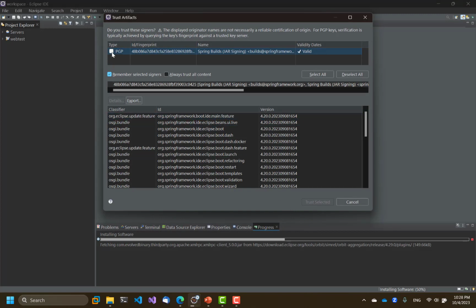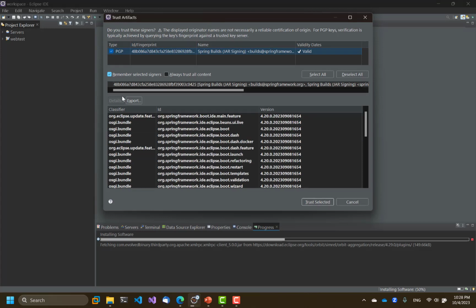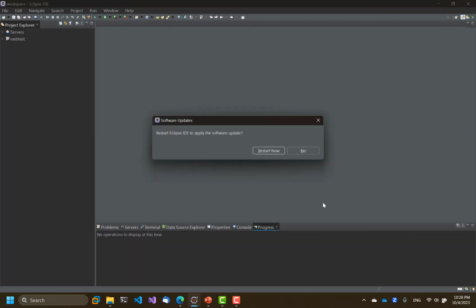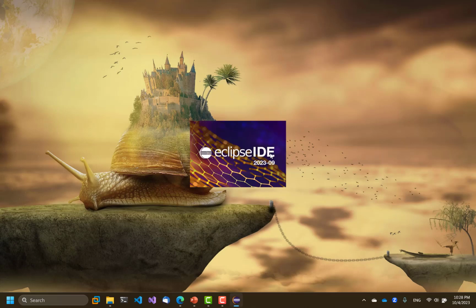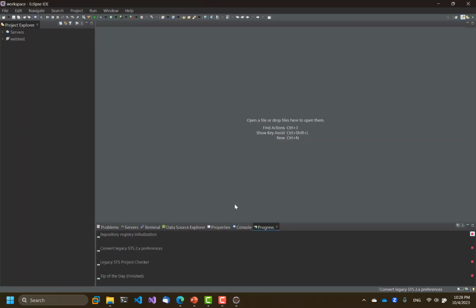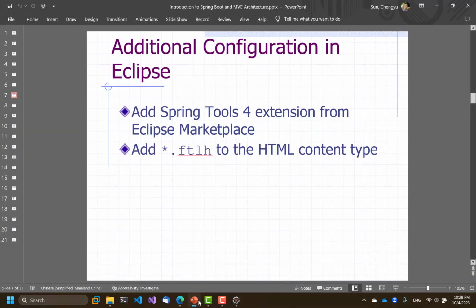We will check again, basically saying we trust this PGP signing key. And finally restart. Okay, so now we have installed the Spring Tools extension, and let's do the second thing, add the